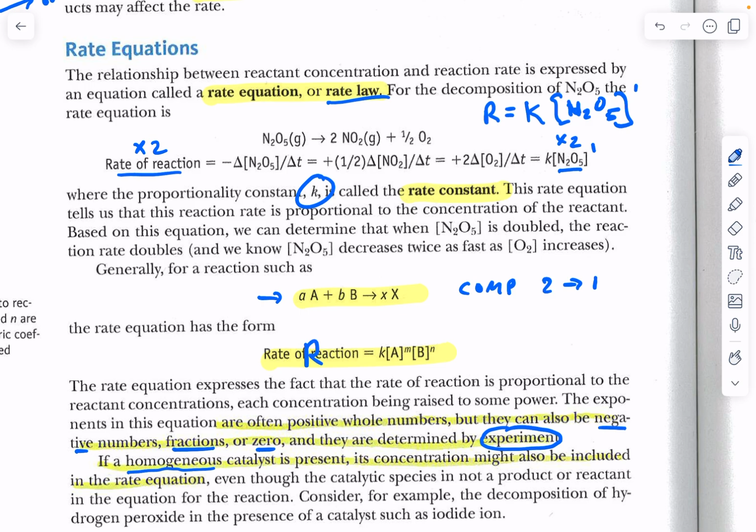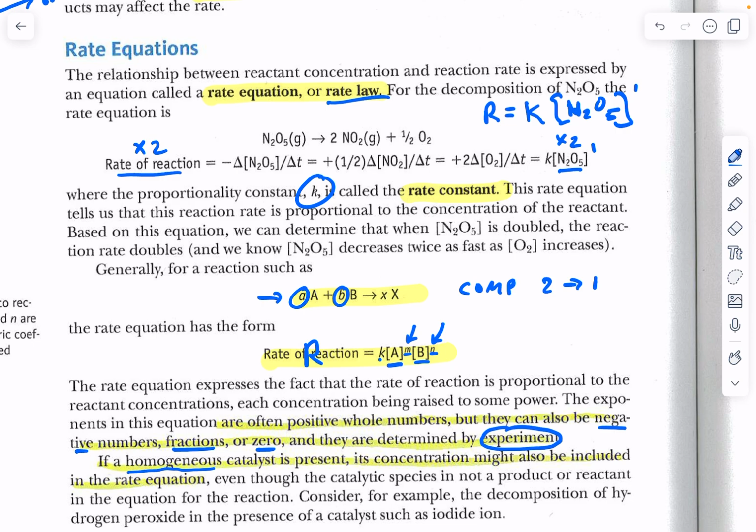going to be the molarity of my first reactant raised to some power m times the molarity of my second reactant raised to some power n, and we need our constant. Now you'll notice that even though I have coefficients of lowercase a and lowercase b, my exponents are not a and b. Many times you're going to find that the coefficient actually becomes the exponent, but that is not a